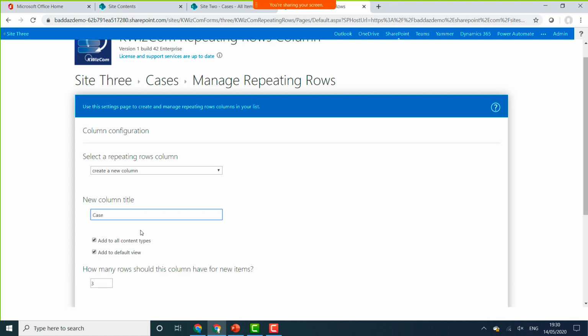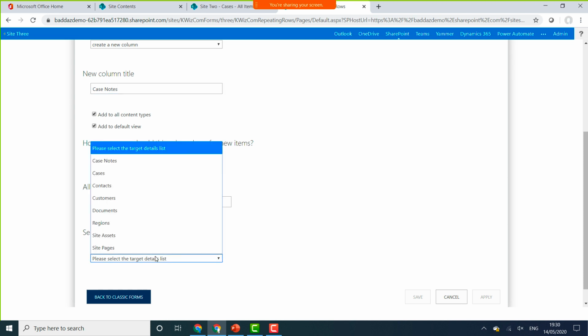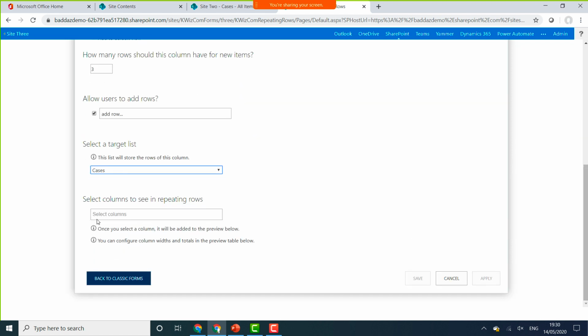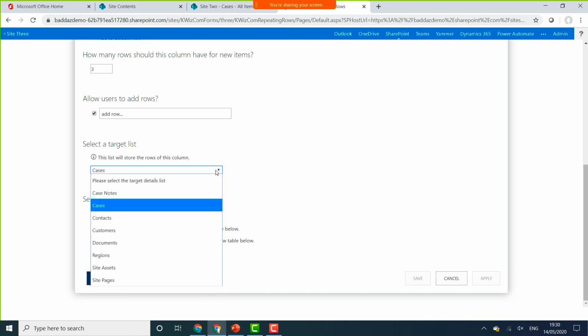So let's start off with case notes, we'll call them. We have a few options appear. How many rows do we want to display by default when that control appears? So we could have 3 rows by default if we wanted to. And then we select our target list. So I'm going to select the cases list. And in here, I can then, I don't want to select the cases list, I want to select the cases